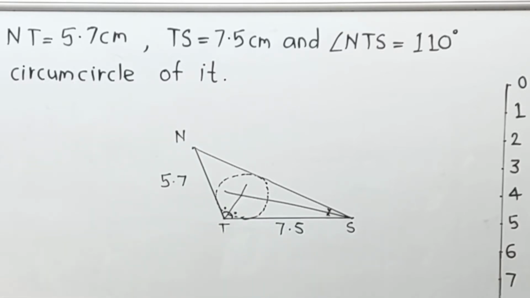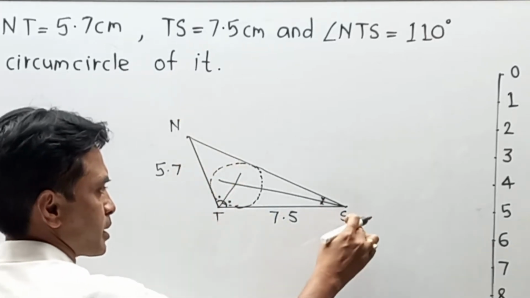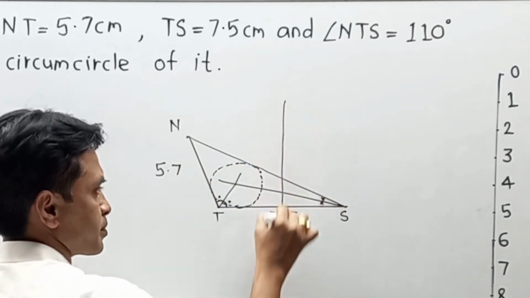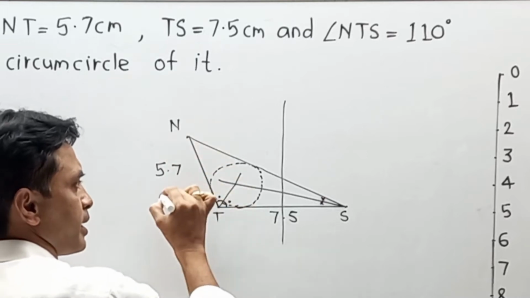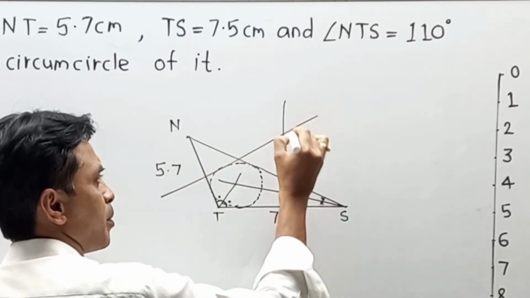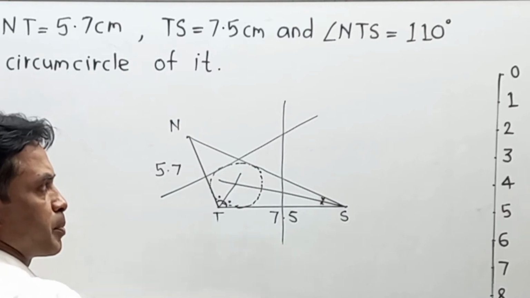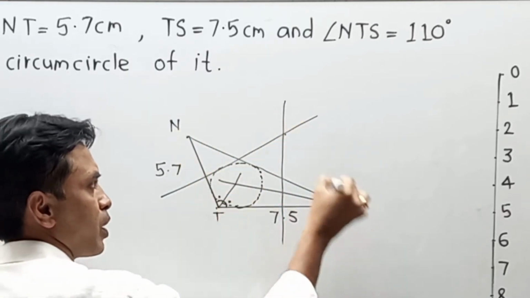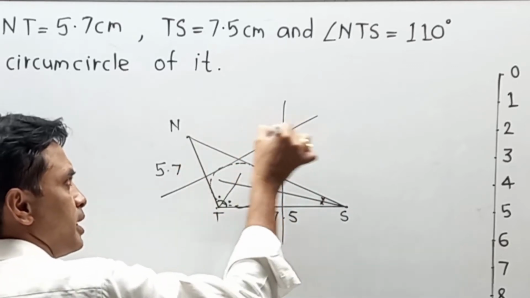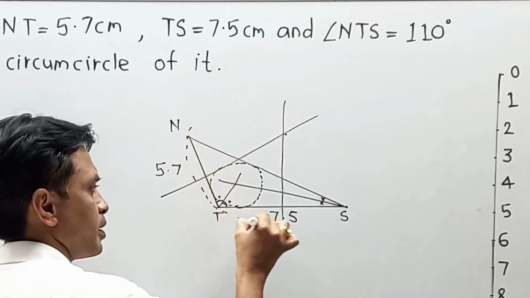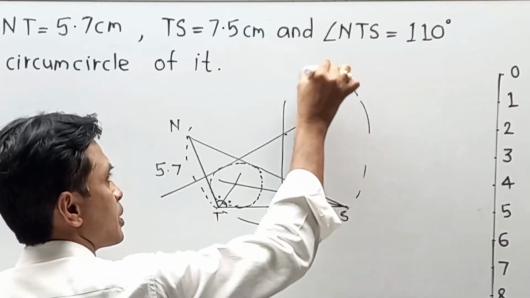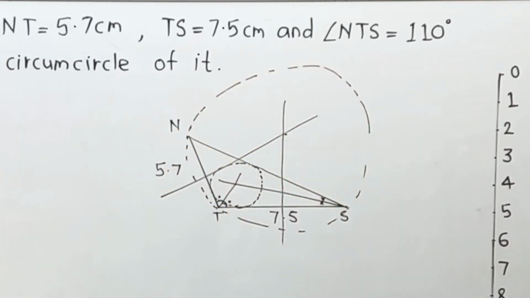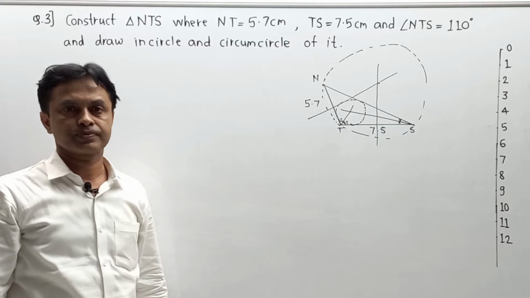And after that, we are going to draw the perpendicular bisector of TS and NT. We will get a common point. Definitely it is probably outside the triangle. From this point, the distance to either N or T or S is the radius, and then we are going to draw a circle over here. This is the tentative part that I am trying to show you over here. With this guideline, I am going to draw the actual diagram. So please pay attention.